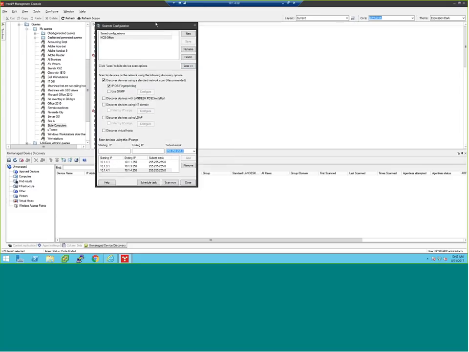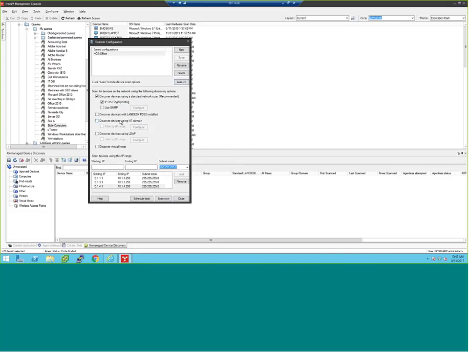You can put whatever IP address information you want in here. We can even do more complicated scans where we're scanning Active Directory, or discovering virtual hosts, things like that. You can scan them manually by hitting the Scan Now button, or better yet, Schedule Task. I could say I want an unmanaged device discovery scan to run every single day. So every day at 9 o'clock, it's going to kick off and sweep the network looking for